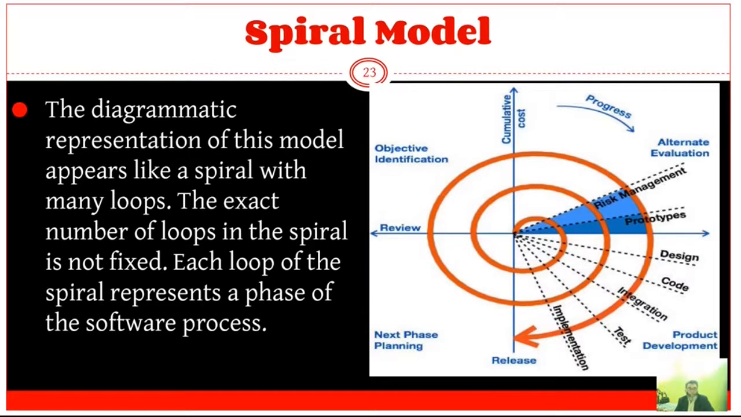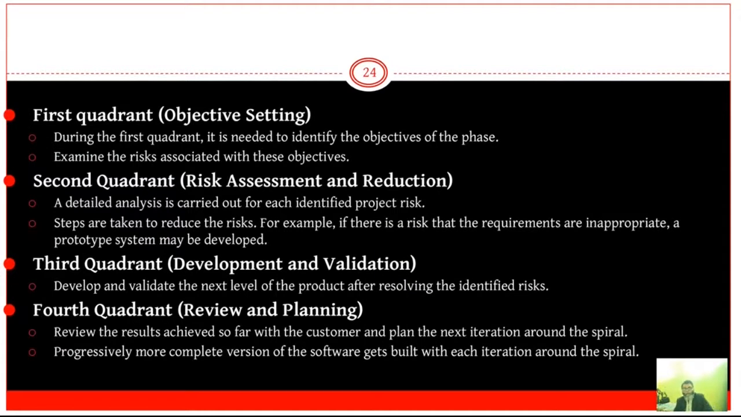The radius of the spiral at any point represents the expenses, that is the cost of the project so far. And the angular dimension represents the progress made so far in the current phase. So here it gives you the quadrants. There are totally 4 quadrants. Each phase of the spiral model is divided into 4 quadrants as given in the previous slide. The functions of each quadrant: